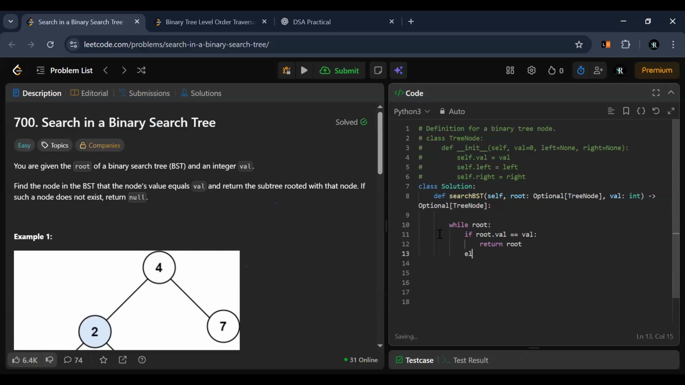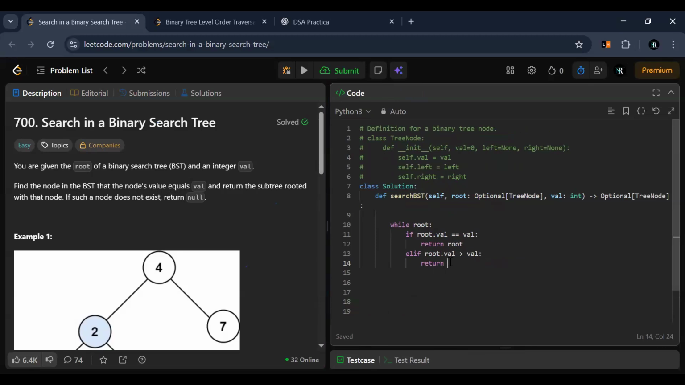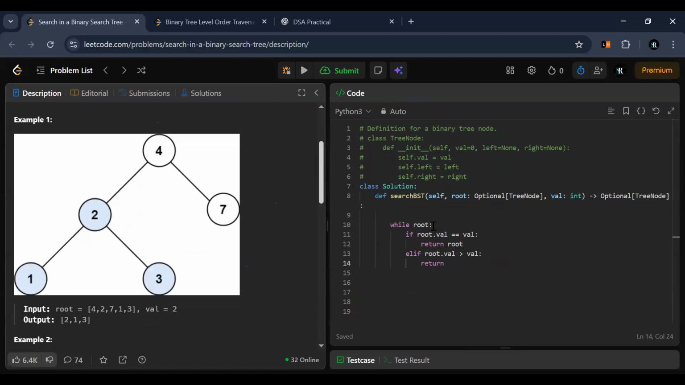अगर ऐसा नहीं है, एलिफ, फिर हम कंपैरिजन करेंगे कि रूट डॉट वैल जो है वो अगर ग्रेटर है उस वैल्यू से जो हमें फाइंड आउट करनी है, तो फिर हम क्या करेंगे, रिटर्न। अब हम यहाँ पे रिकर्जन यूज़ करेंगे। हम रिकर्सिवली ट्री के लेफ्ट और राइट सब ट्रीज को ट्रेवर्स करेंगे। रिटर्न सेल्फ डॉट, हमारा जो फंक्शन का नाम है, और इसमें हम रूट डॉट, क्योंकि हमारी जो रूट की वैल्यू है वो ग्रेटर है और जो हमें फाइंड आउट करनी है वो लेसर है, तो वो ऑफ कोर्स इसकी लेफ्ट साइड पे होगी।